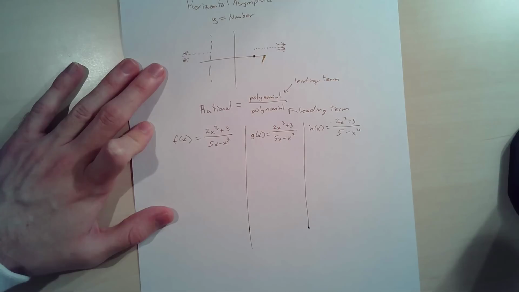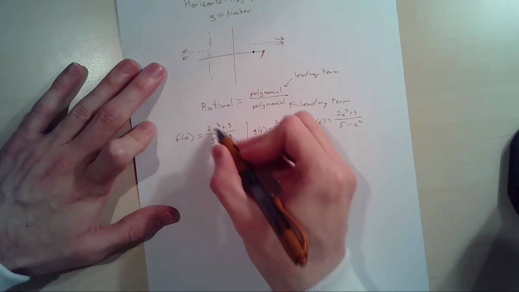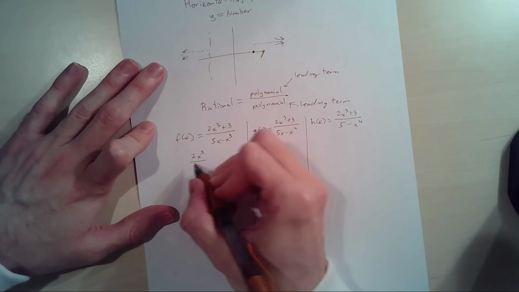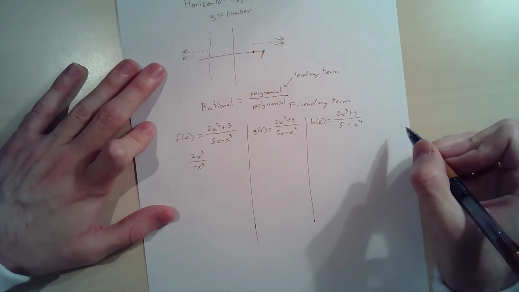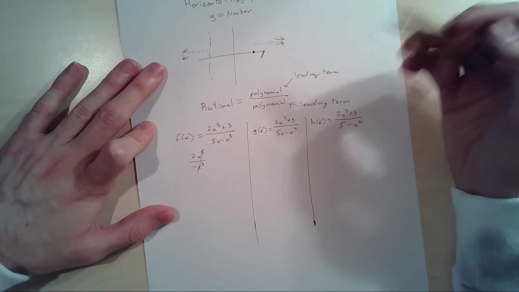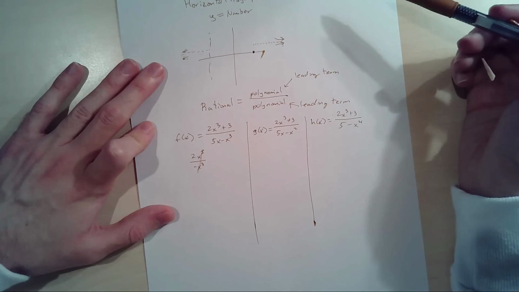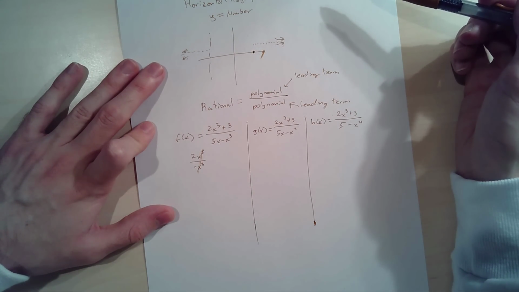So we're going to take the leading term from these, and we're going to compare and contrast those leading terms. In this first one, the leading term over the leading term is this. And effectively, these cancel out. So why are we looking at these leading terms only? Well, if you were to plug in these enormous numbers, these billions, as I was talking about when you're going over on the left and the right-hand side, basically,